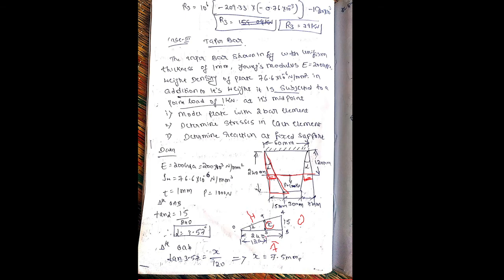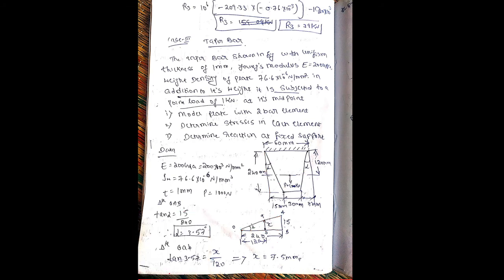Cosine. Same. But here I don't know alpha. In order to calculate that, we should know the theta, no? That is alpha. Therefore, what I'm going to do, you can see there are two similar triangles here. One is the bigger triangle, and one more is the smaller triangle. Isn't it?